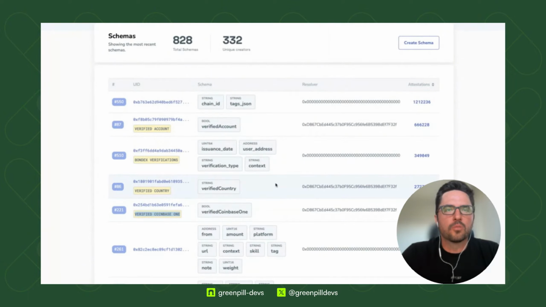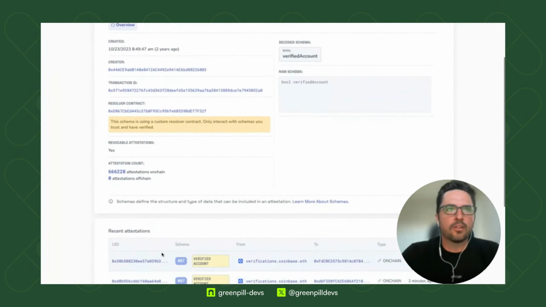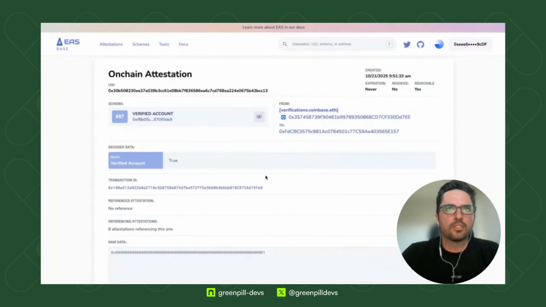And they do this so users can get an attestation signed by Coinbase that their account or this wallet address has been verified. If that attestation exists, protocols like Morpho and others have built perks and benefits and even access rights into specific pools. The benefit is that this is all very programmatic. Attestations are very structured and very easy to be read and verified by smart contracts.